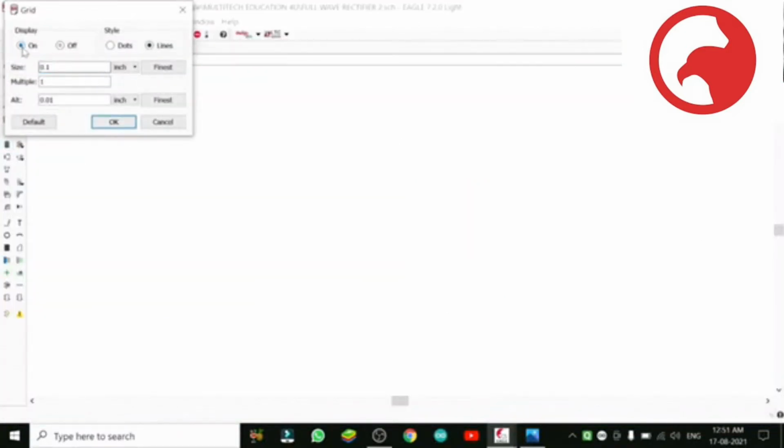This is the grid we need to choose. We will work from a fresh file. So always remember, choose the value 0.635 and change it into mm. By choosing this value 0.635, when you make the print, it will come out the same size. This will remain as it is in mm, and make it on and OK.